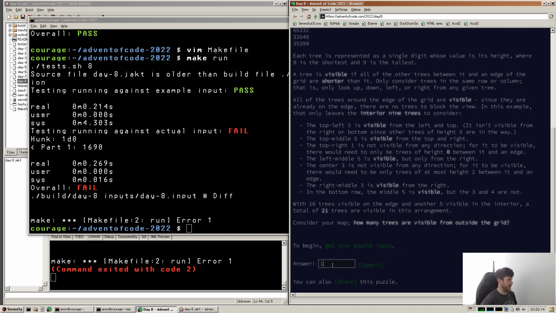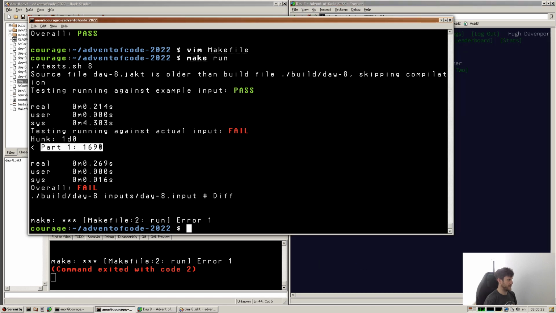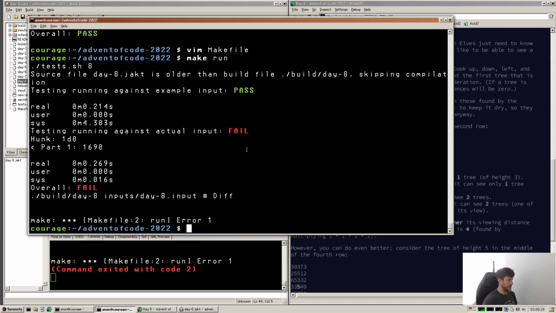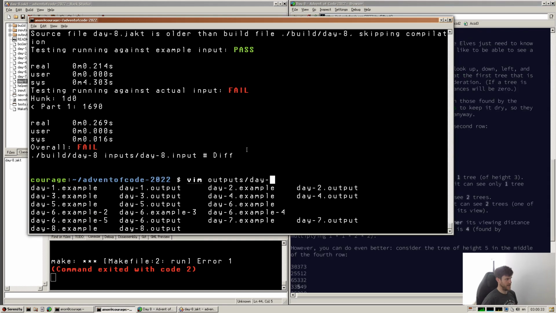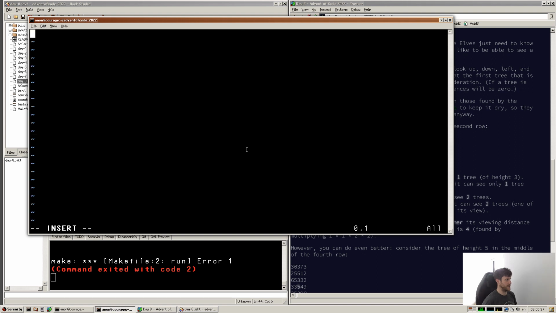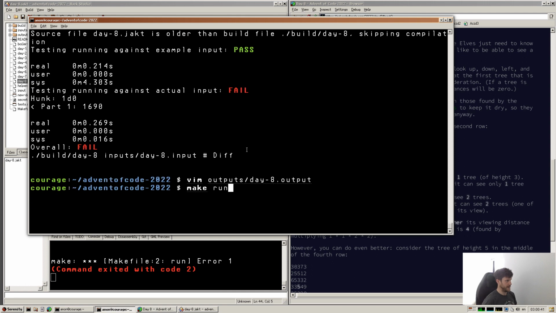We can submit that, 1690, and I'm fairly confident that it will be correct. And yep, got a gold star, so we can go to part 2. So if we output the 8.output, we can put that there, and